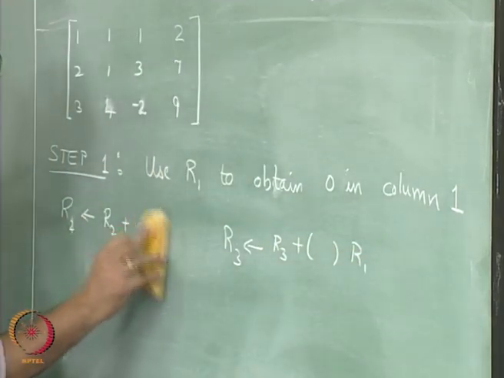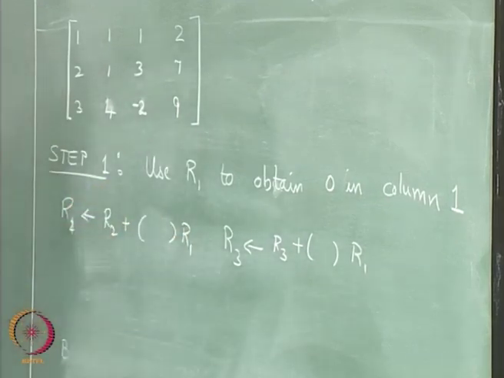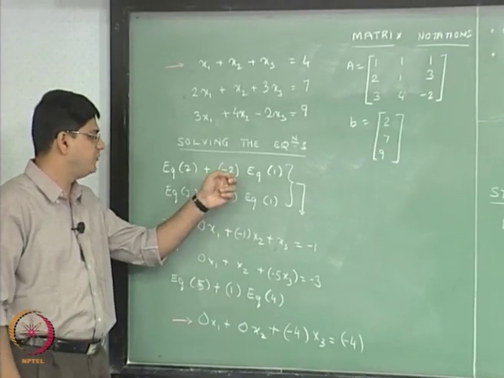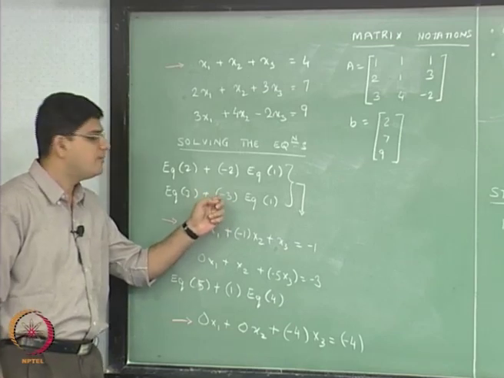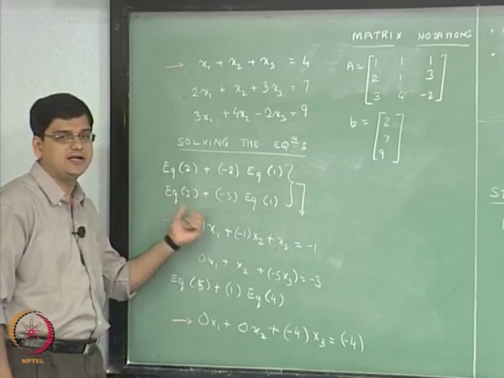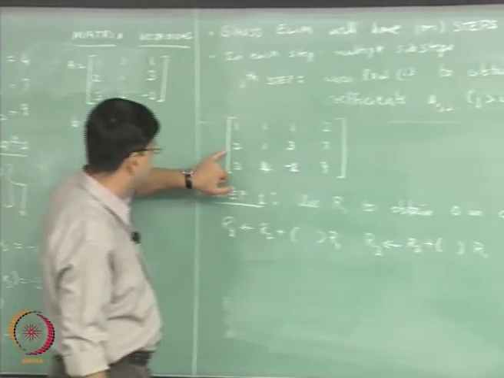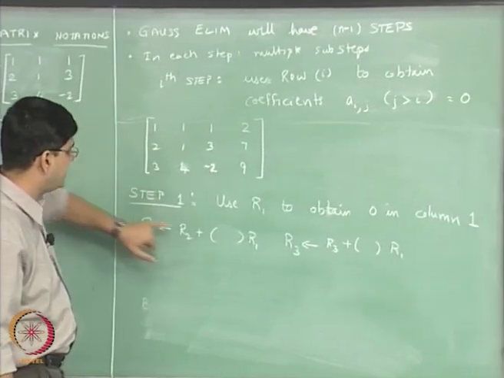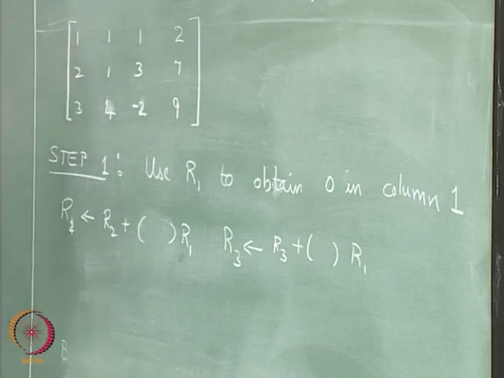Okay. I will write it in this particular form. So what did we do over here? If we go back to this equation, what we did is we multiplied it with minus 2, and in equation 3 we multiplied with minus 3, and we have multiplied equation 1 with minus 3 and added that to equation 3. Okay. So what we do over here is we multiply the row 1 with negative 2,